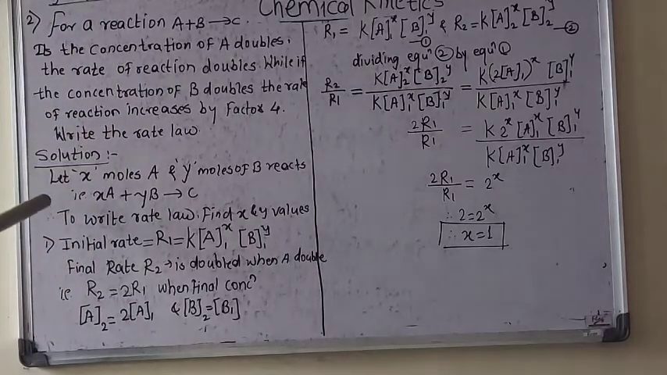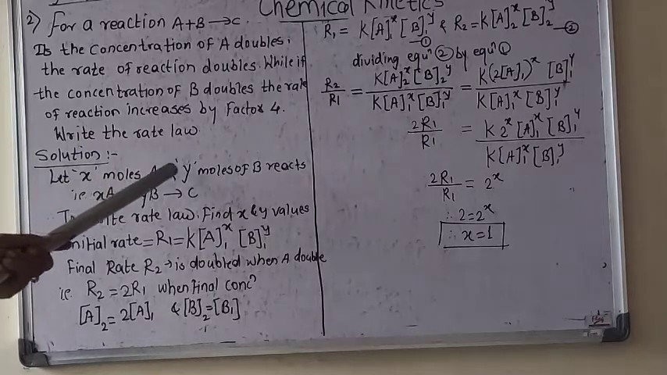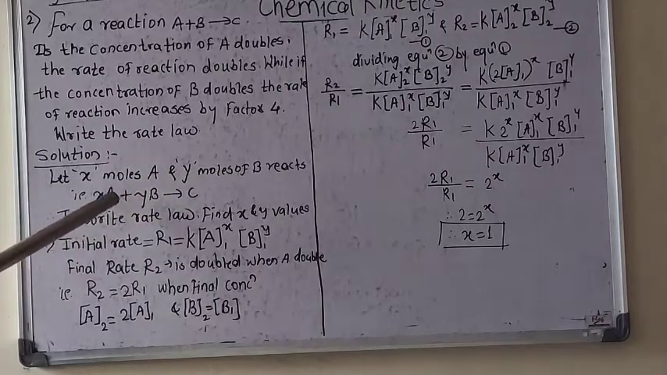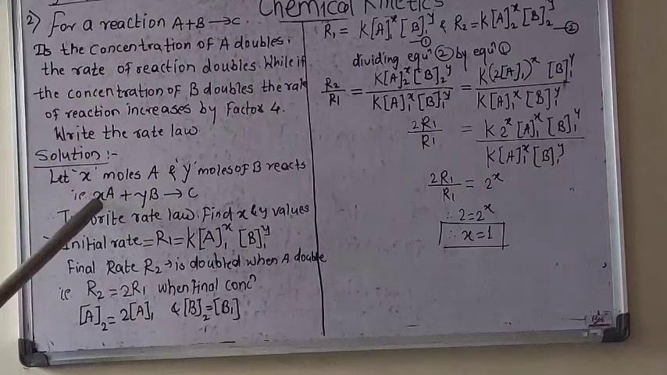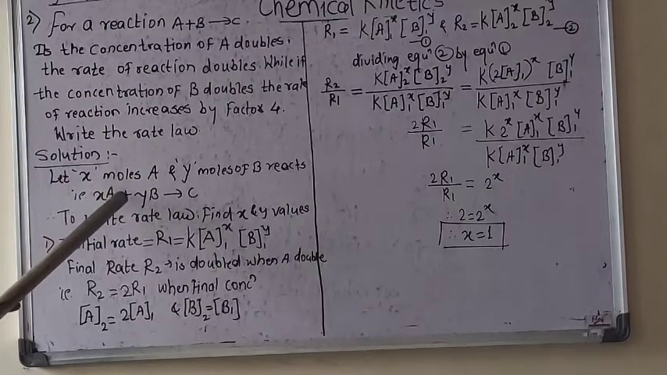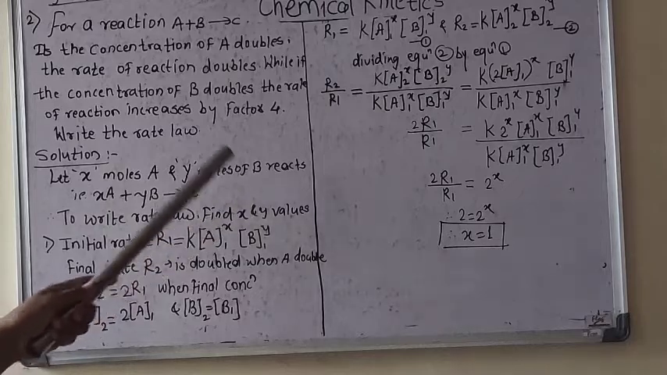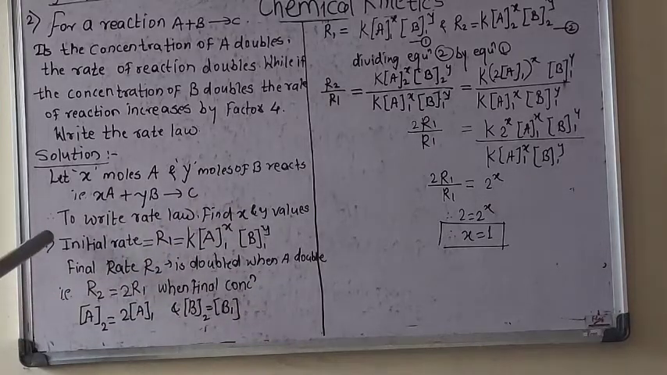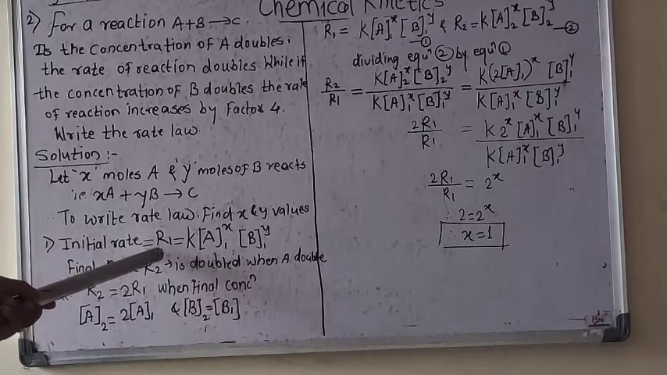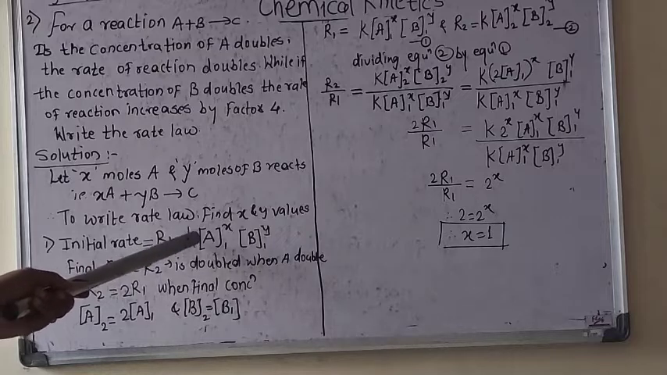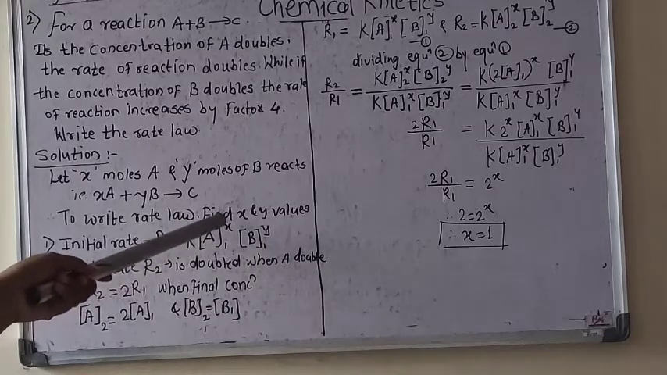Now let's consider that X moles of A and Y moles of B react with each other to give the product C. So it is written as XA plus YB gives C. Whenever we are going to write the rate law, you must know the values of X and Y. So the initial rate, denoted by R1, is equal to K into the molar concentration of A to the power of X